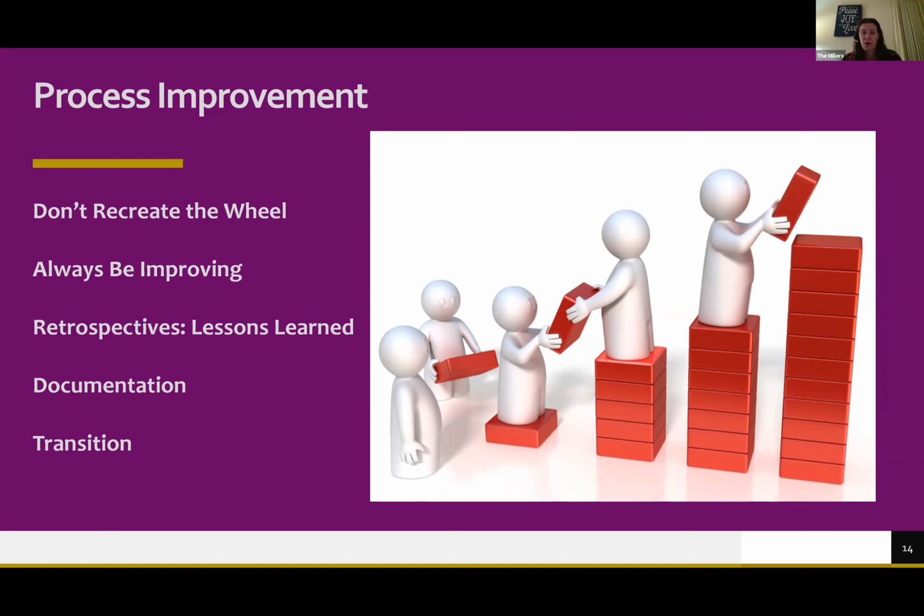Not that they're going to pull on me often, but if they need to understand why something was done, I encourage them to look at the documentation, and if it's not there, they're going to call me. So if I don't hear from my customer after a go live, that's the best mark of success, that I did my transition correctly.